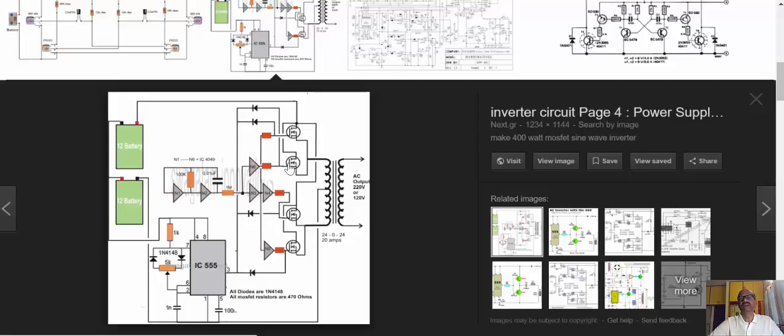MOSFET paralleling without any series resistance is okay. And for the transistor or the MOSFET that we use here, if it is Z44, then the losses also will be very low. Because the losses are very low, this circuit is apparently an acceptable circuit. It also doesn't have any overload or any voltage control. So this is also not practically useful as far as commercial application is concerned. Let's see